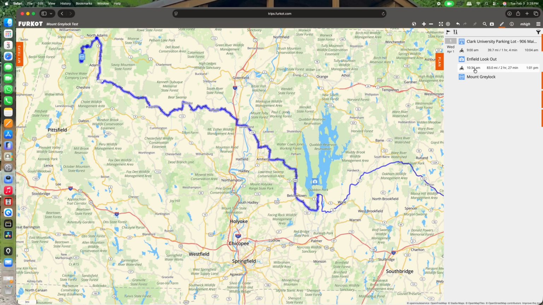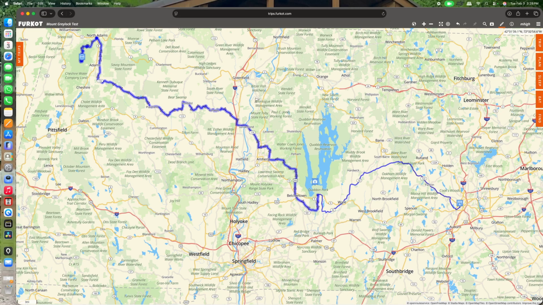So if I leave at 10:30, I need to look for something en route at about 12 o'clock, someplace to stop. Now, one of the neat things is if you put your pointer on the route itself, it'll tell you the date, what time on the route it is, and how many miles you've gone since your last stop. So I know I'm looking for someplace on the route, and it's going to be about 12 o'clock, right? So I'm getting into this range here.